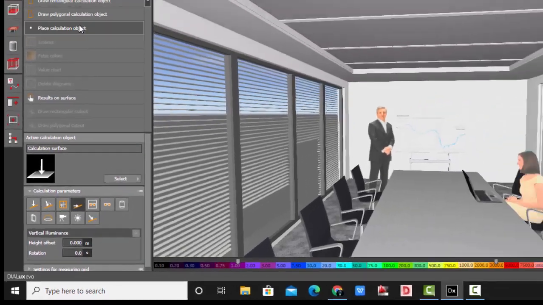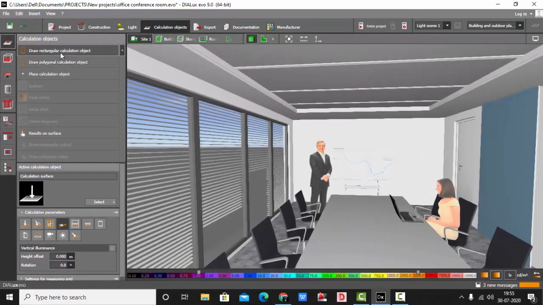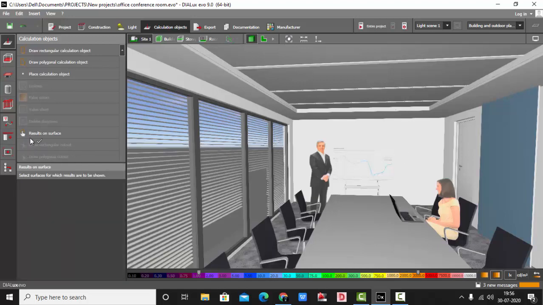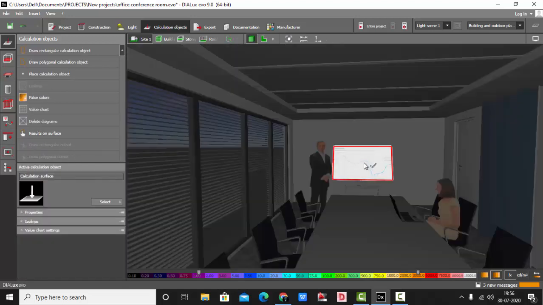Once you click this one, come up and select draw rectangular calculation object if your surfaces are rectangular, or you can even draw a polygonal calculation object if you have an abstract shape, or simply you can place a calculation object, or you can use this option to have results on a surface. Like you can select this one, this is the surface I need, and click on this one.